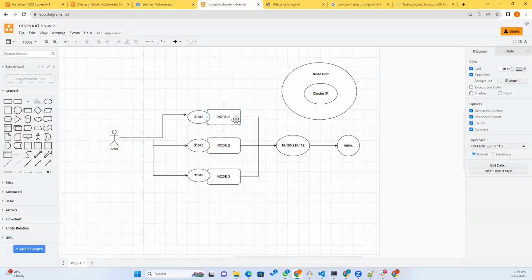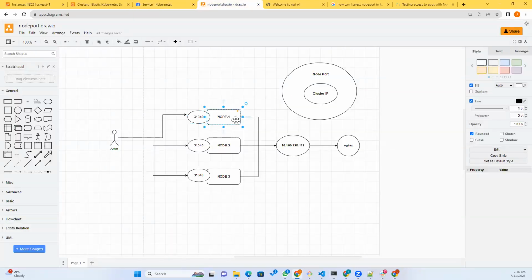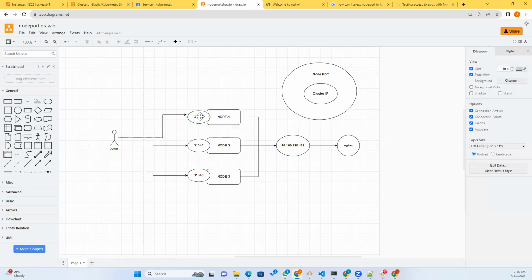You are letting the IP address of your node and then the port, you are exposing everything. What is the IP address? What is the port number? If you expose this IP address and this information to the outside world, somebody can hack. So instead of that, as part of the security issue, what we do is,